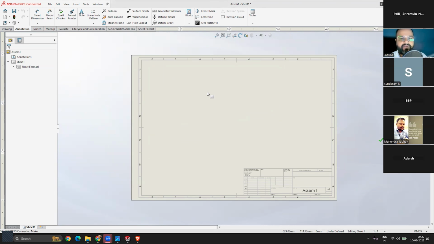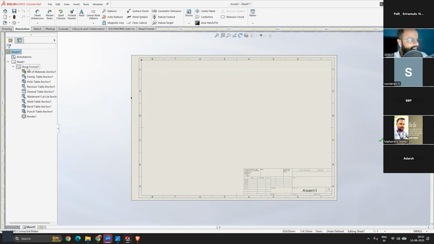So if we go to the right, once you have imported your first sheet template into SolidWorks as a drawing file format, on the left side you will be able to see again the design tree. But this design tree is a little bit different because we are right now in the drawing space. So here you can see all the drawing options. If you expand this one, here you can see it has all the things like borders. If you want to customize your borders, you can right click and delete the border, because borders are usually like this only. You cannot change it, right? You can either keep it or delete it.